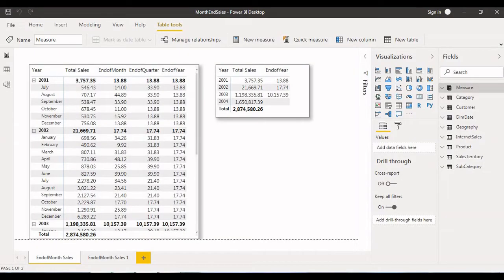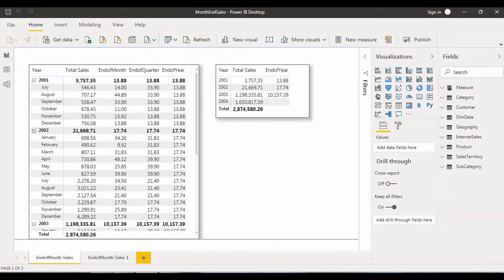So for this, I have already designed the report, so I'm gonna explain each and every step. Before getting into the details, let me explain what kind of tables I have imported for creating this report. If you look here: category, customer, dim date, geography, internet sales, product, sales territory, subcategory. These are the tables I have imported from Excel, and we'll also try to understand what kind of relationship we have established between the dimension tables and fact tables.